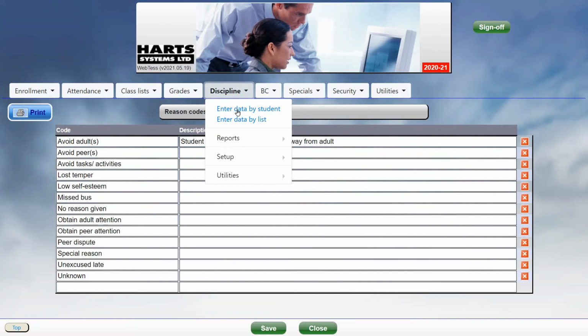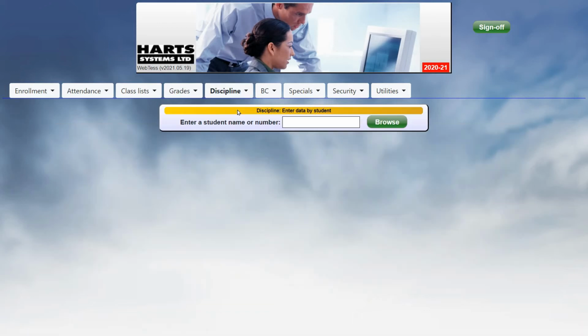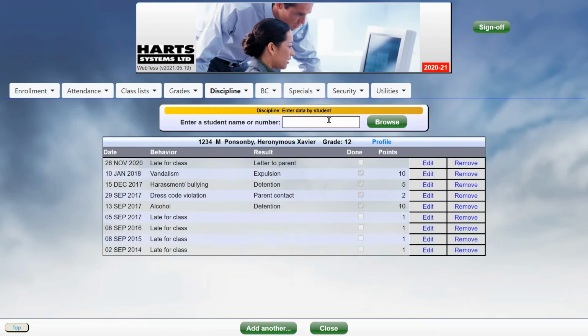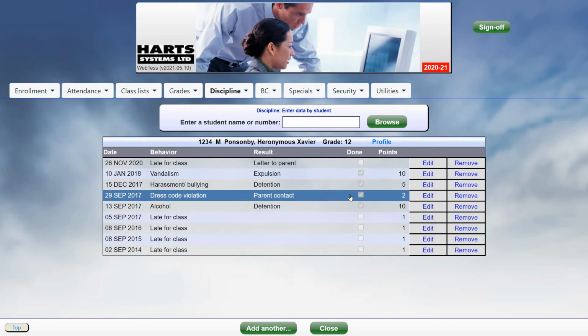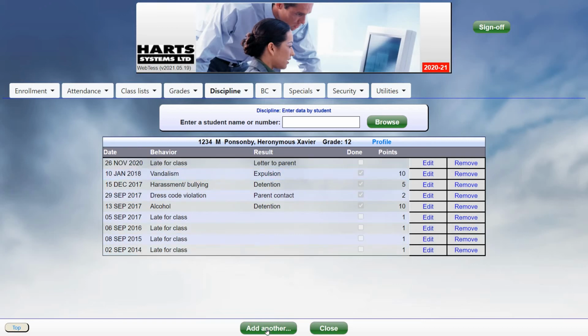Next, under Discipline, Enter data by student, you can record incidents about each student as well as review any previous incidents. Type in the student number or any part of the student's name. The screen will display any previous incidents, with the most recent incidents listed first. To add a new incident, click Add Item at the bottom,